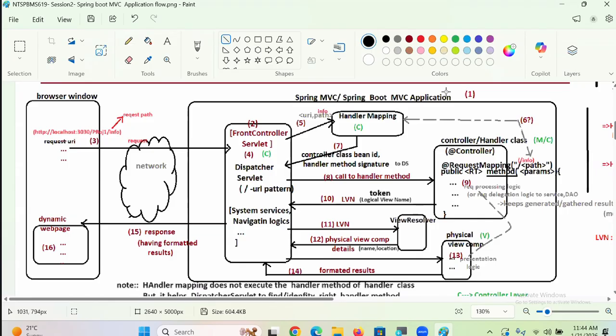Let it be. Number 1. Programmer deploys Spring Boot MVC application in web server. Number 2. Because of load on startup that is enabled on dispatcher servlet, the servlet container creates the dispatcher servlet object. In that process, initialization of dispatcher servlet starts by calling the init method. Inside the init method, the IOC container is created. There